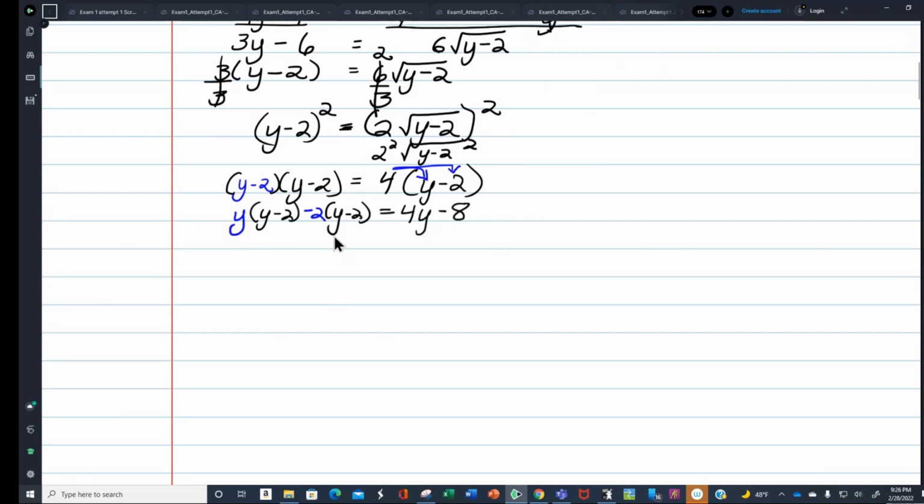So coming back over here, I distribute the y, and I distribute the minus 2. Y squared minus 2y minus 2y. Now you've got a minus 2 times a minus 2, that's plus 4. Equals,